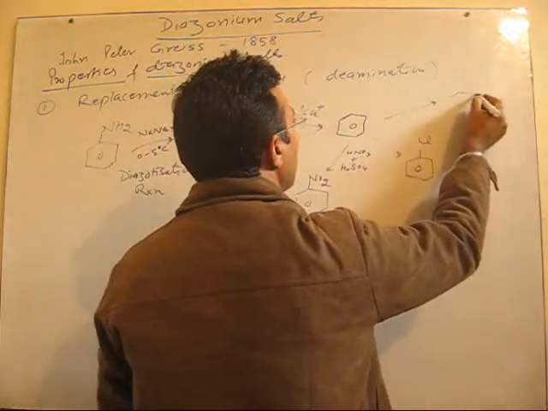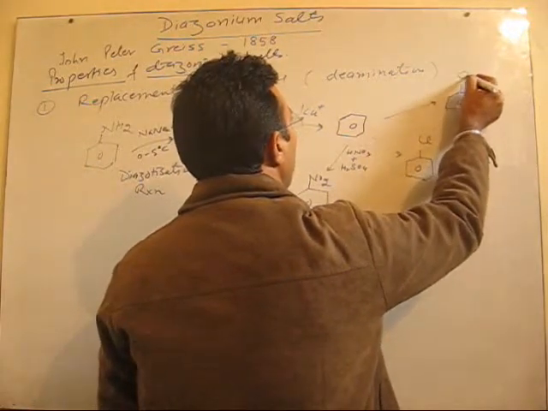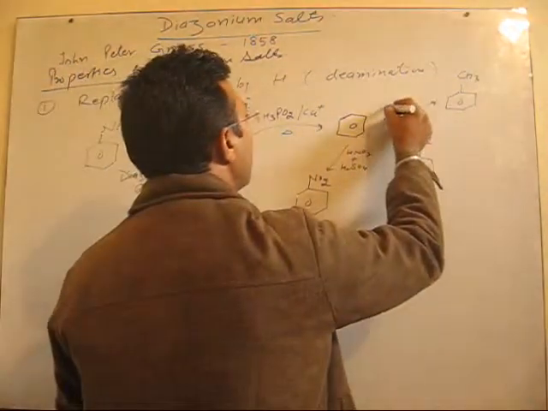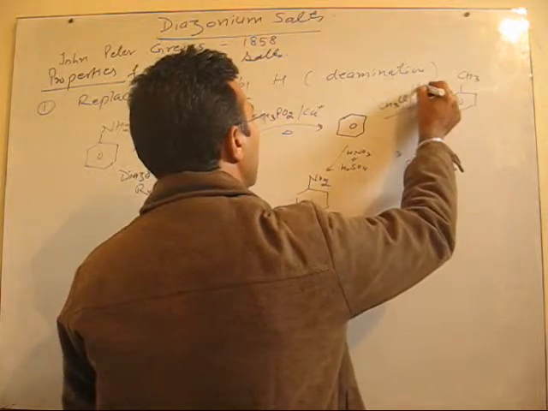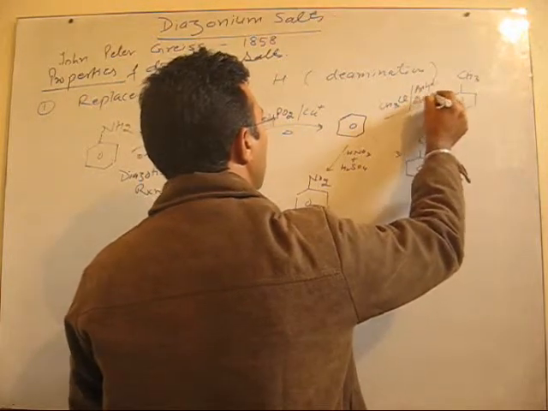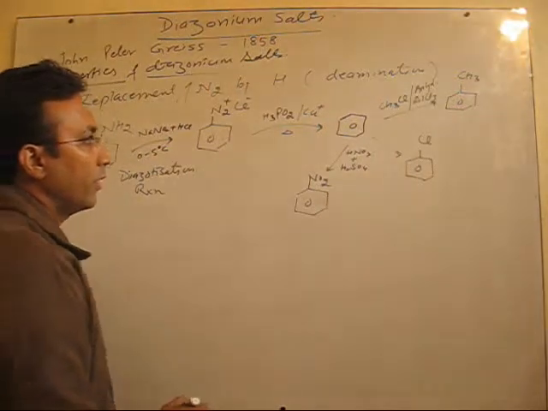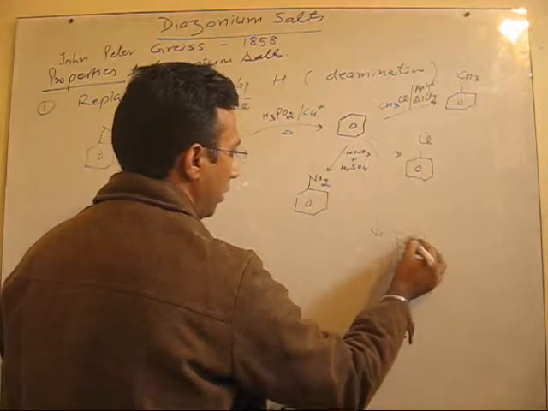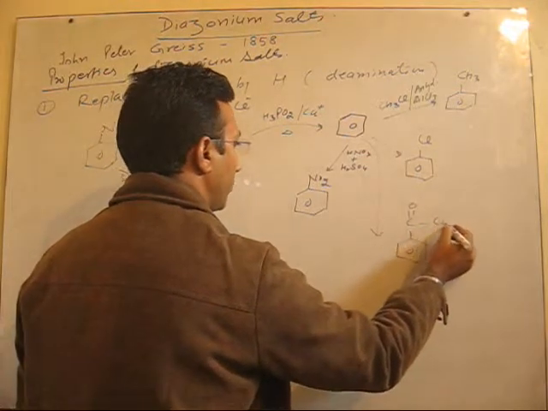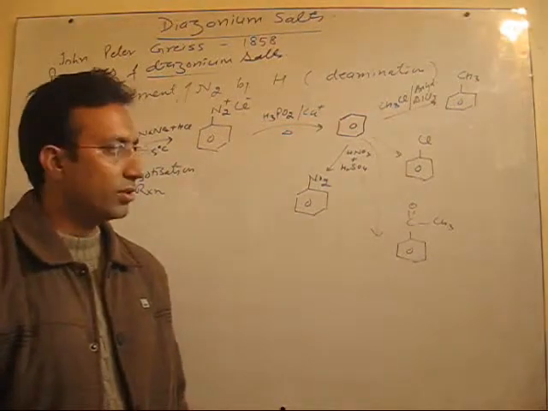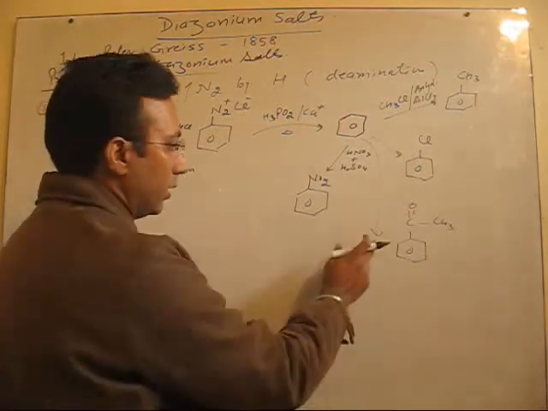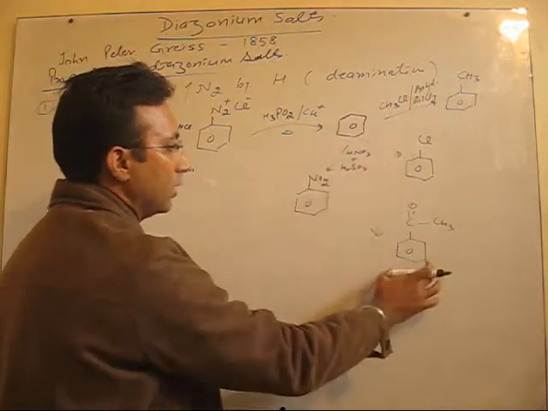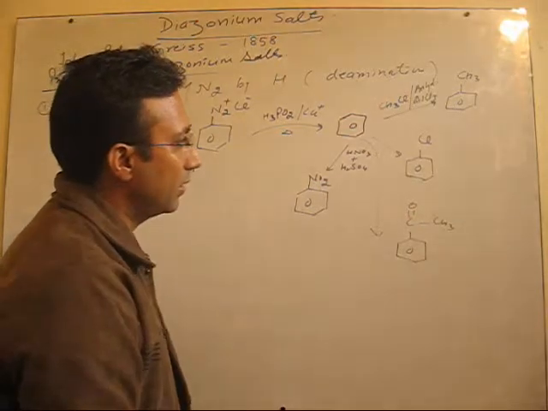From benzene you can reach up to methyl benzene by Friedel-Crafts alkylation using anhydrous aluminium chloride along with methyl chloride. Fine. You can convert benzene into acetophenone using Friedel-Crafts acylation reaction, right? So I'm giving reference only. I'm not mentioning the conditions. Benzene can be converted to this using Friedel-Crafts acylation reaction.